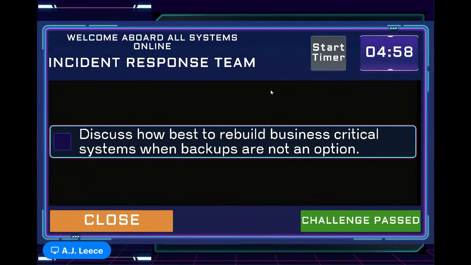So one of the best things that we have in our operations as security and tech people is this notion of backups. If somebody messes something up, we can restore from known good backups. We can restore from known good images. That's kind of the eradication backup piece. But what happens when those business critical systems aren't backed up, or when backups aren't an option? There's more than enough of this out there where we weren't backing up a very critical system and now it has to be rebuilt manually.